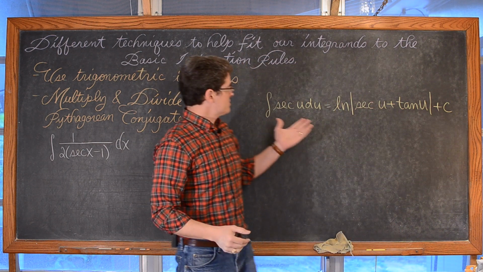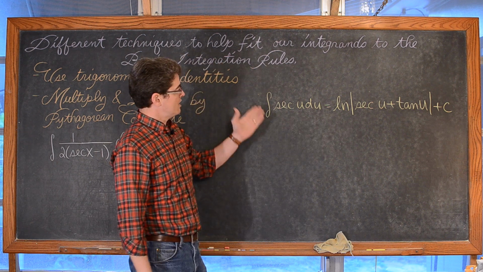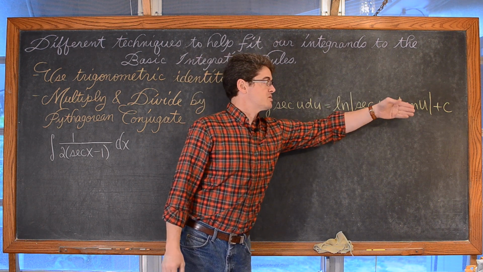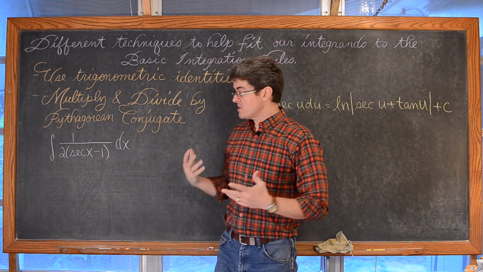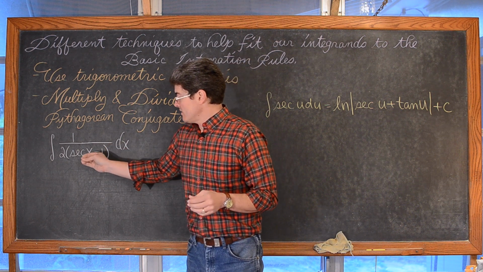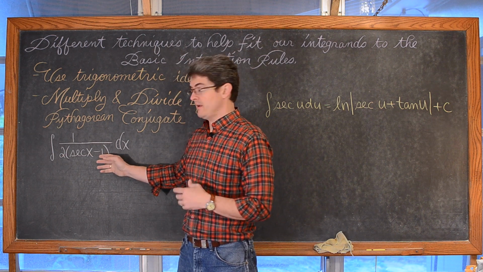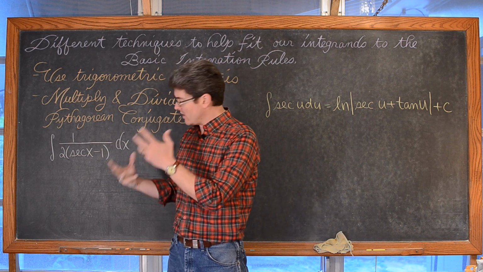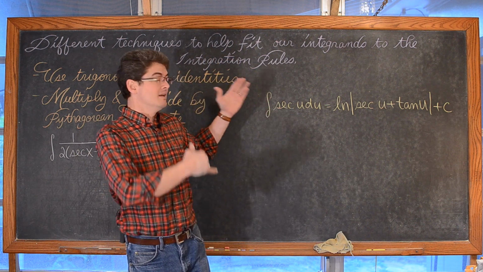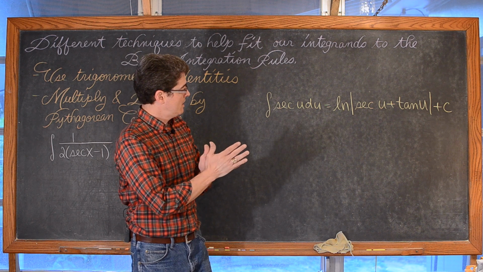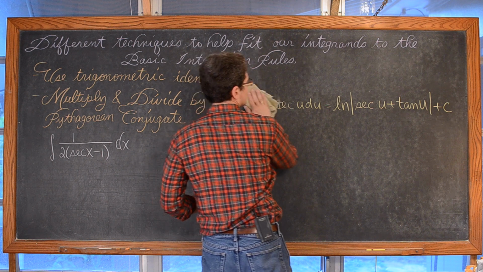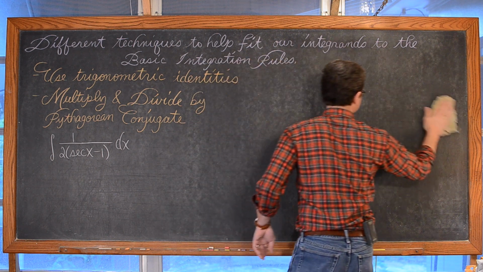Now, I do have an integration rule for secant. The indefinite integral of secant of u du is the natural log of secant of u plus tangent of u plus c. But I don't just have secant. I've got secant x minus 1, and there's no way with this being in the denominator and wrapped in parentheses with the 2 out front, how am I going to separate it? Plus it is in the denominator, so how am I going to bring it up and just have it be simply secant u du? So this is not how we're going to approach the problem.